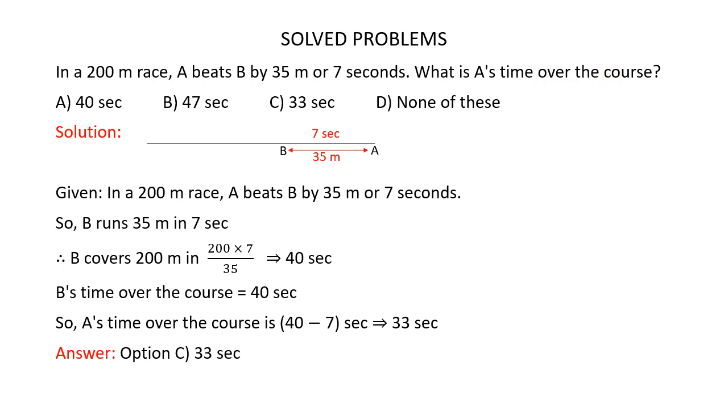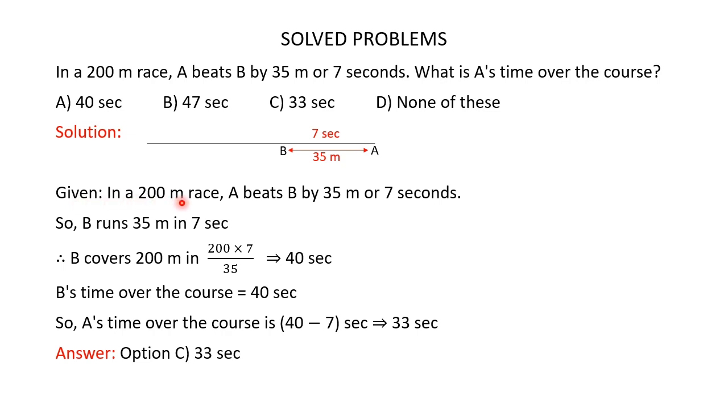Now from this diagram it's clear that B takes 7 seconds to cover 35 meters. So from this information we can clearly find the time taken by B to cover the whole 200 meters. Now once we know B's time over the course, we can easily find A's time over the course using that data. Now it's given that